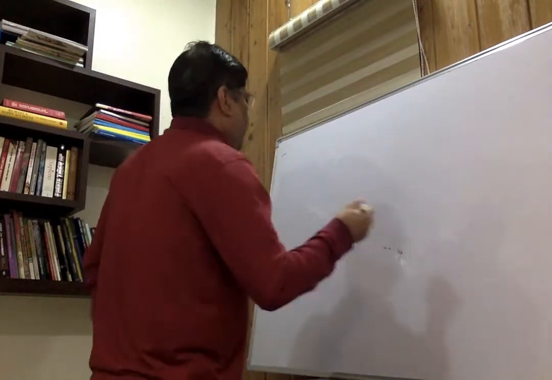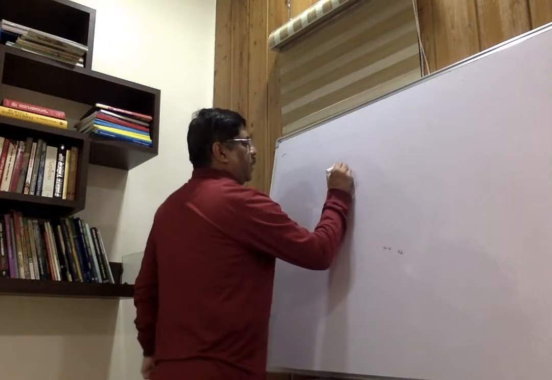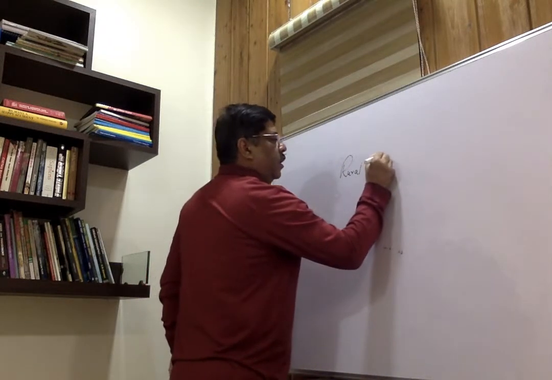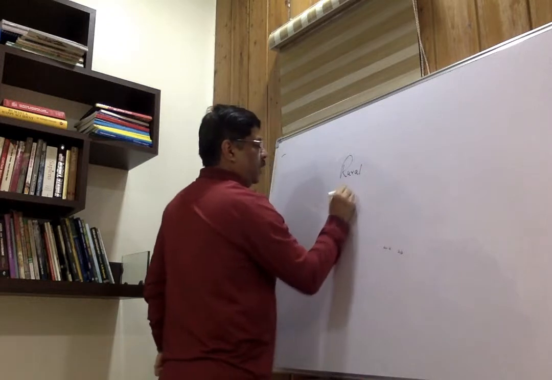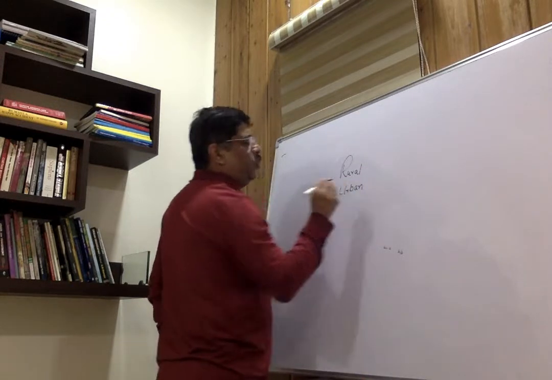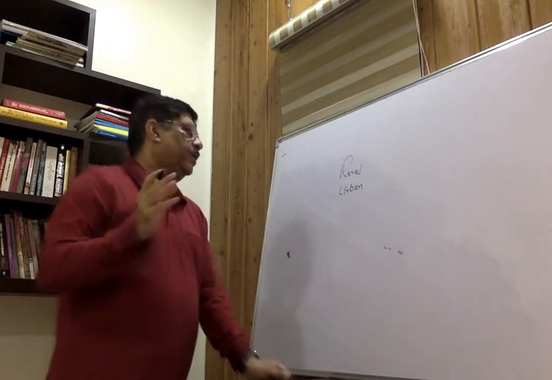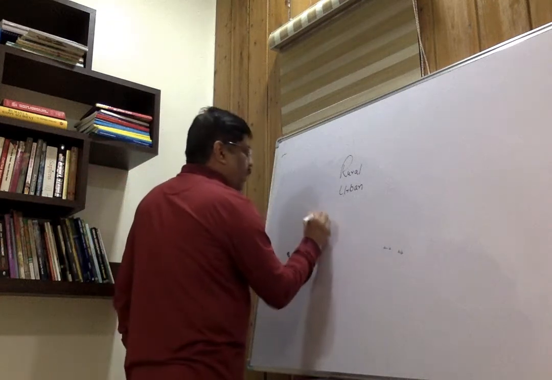Okay, so the first thing is we will define rural and urban settlement. What are rural settlements and what are urban settlements? There are mainly two types of settlements: rural settlements and urban settlements. Second is